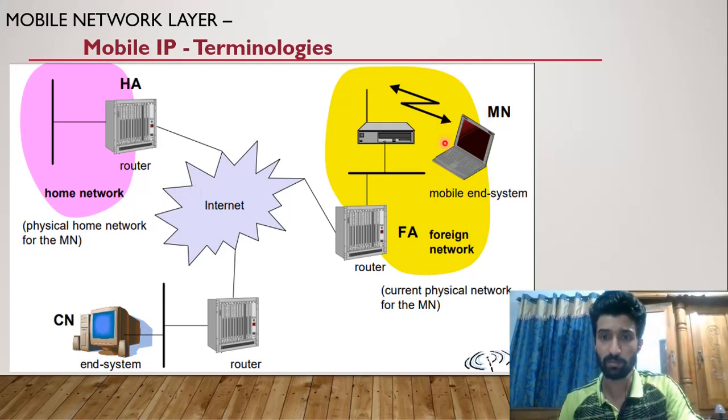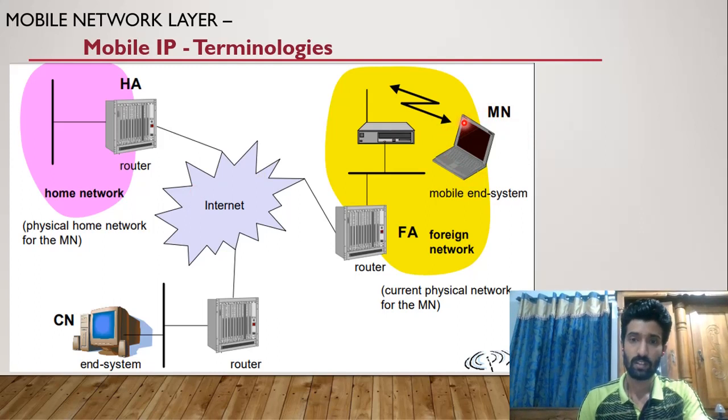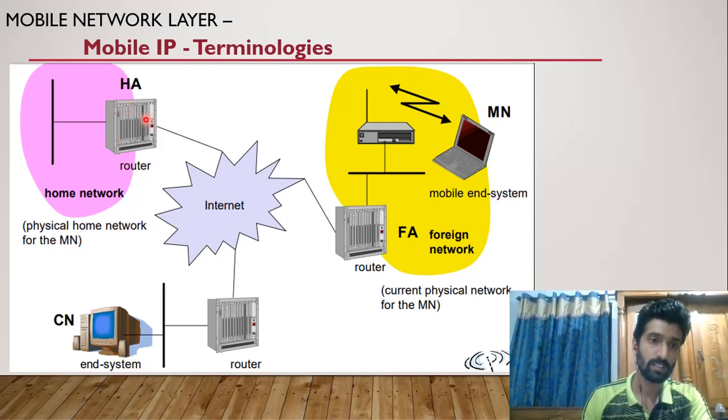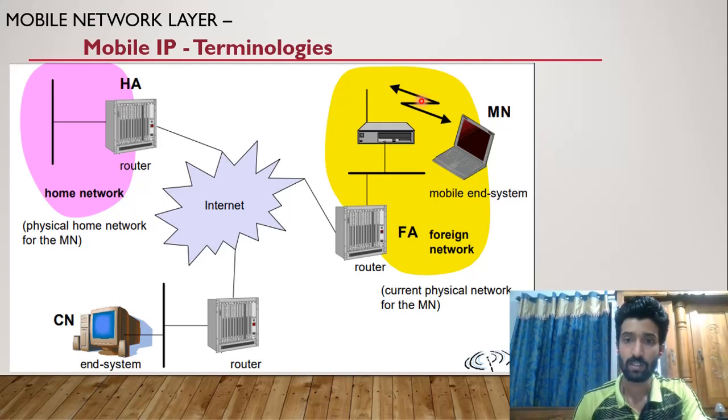First we'll see what is MN. MN is a device which is allowed to move from one network to another. This MN belongs to this network, the home network. That is why it is called the home network for the MN. There will be a router associated with this network, and that is called the home agent. Likewise, whenever the mobile node moves from this network to any other network, that network will be known as the foreign network. In other words, the foreign network is the network wherein the MN is currently located. The router associated with the foreign network is called the foreign agent.